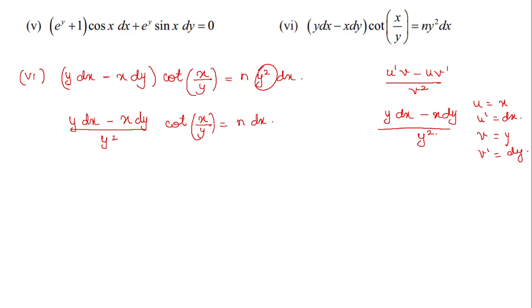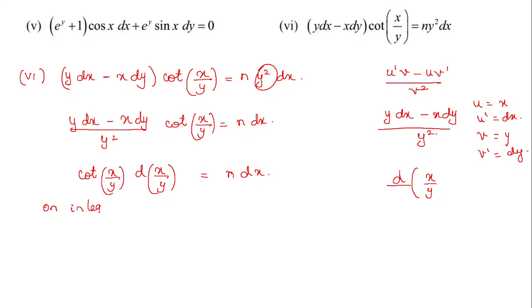Okay, so இது எப்படி எழுதலாம், this is nothing but d of x by y. Okay, அப்ப நம்ம என்ன பண்ணலாம், cot x by y நான் முன்னாடி எழுதிக்கிறேன். இதுக்கு பதிலா நம்ம என்ன பண்ண போறோம் அப்படின்னா d of x by y is equal to n dx. So now we are going to integrate on both sides. On integration